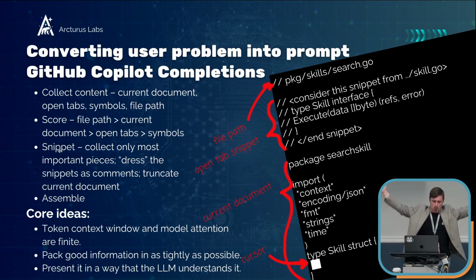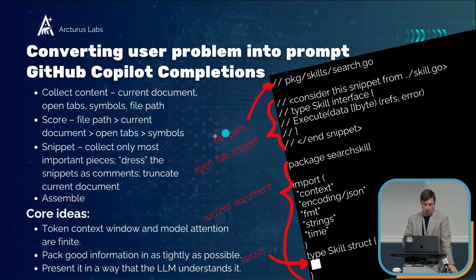After you have all the information, you have it scored, you need to be able to figure out how to snippet the information. Rather than just puking all the information into the document and hoping that your code intern here can read it and understand what you're talking about, you need to figure out how to get just the piece of information that is most relevant from each of these sources and decorate it in such a way that the final prompt, the document that you send to the LLM, makes sense. And finally, you assemble it. And so the way that these worked out for GitHub Copilot,